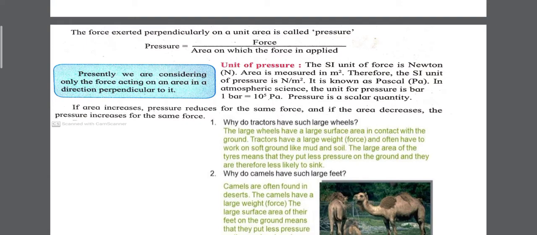In atmospheric science, the unit of pressure is bar. 1 bar is equal to 10 raised to 5 Pascal. Pressure is a scalar quantity. If area increases, pressure reduces for the same force, and if the area decreases, the pressure increases for the same force. For example,